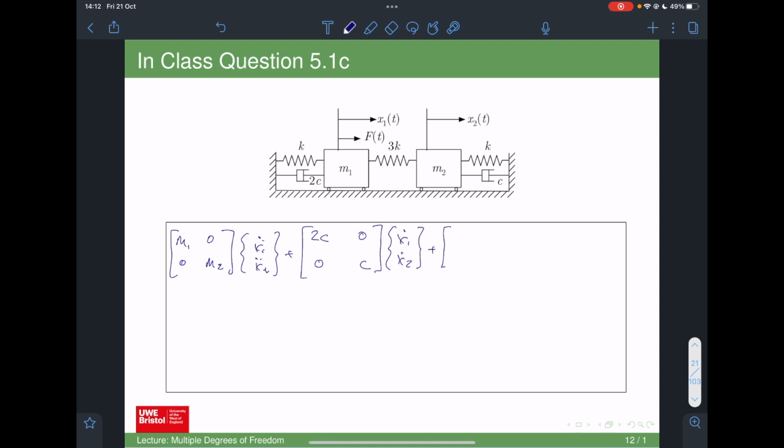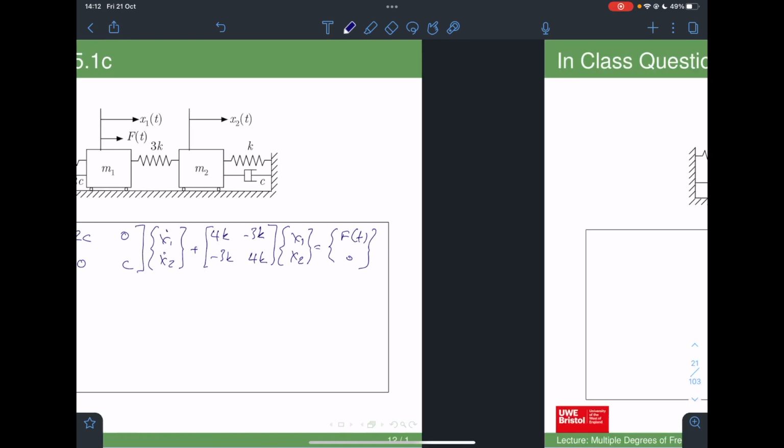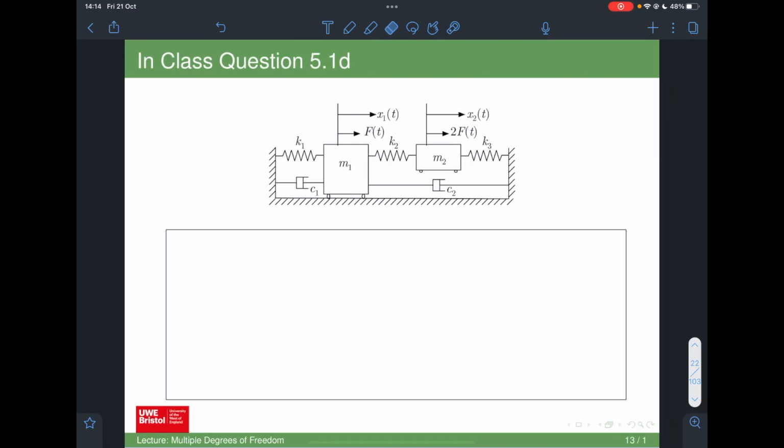Then we've got the stiffness matrix. So that's 4K, 4K, minus 3K, minus 3K. X1, X2. And there's only one force being applied to mass 1. Okay. And there's one more. For this one,